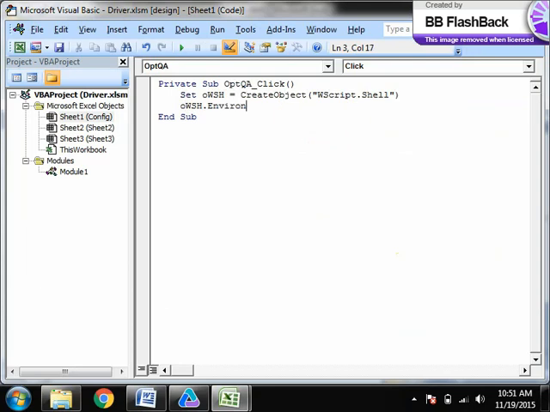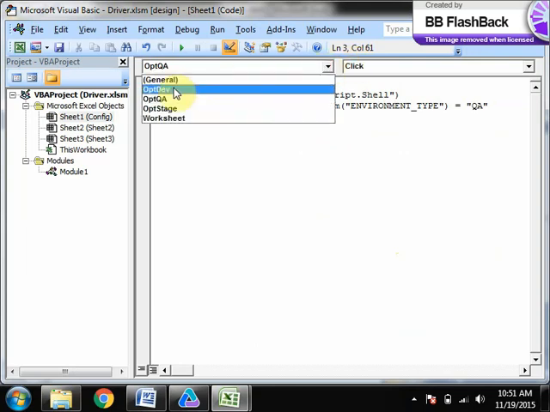OWSH dot environment of user dot item of environment type, or you can say just environment, equal to QA.